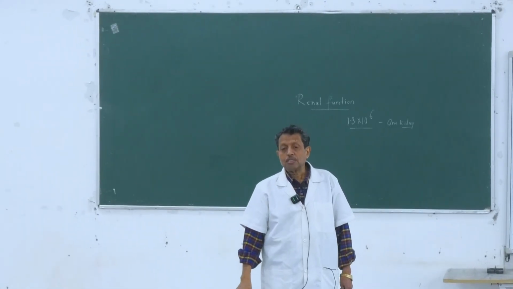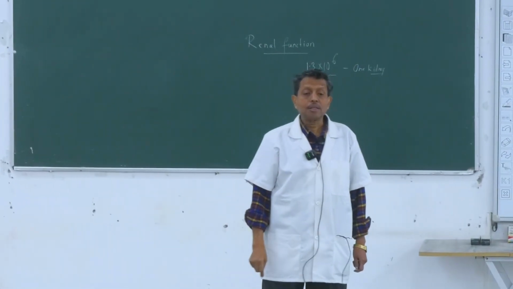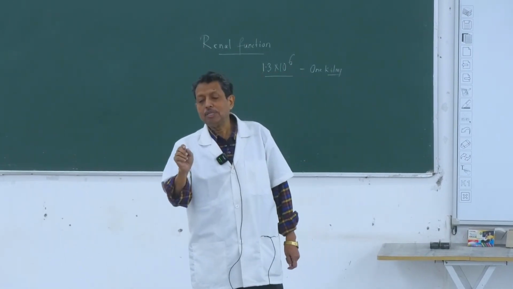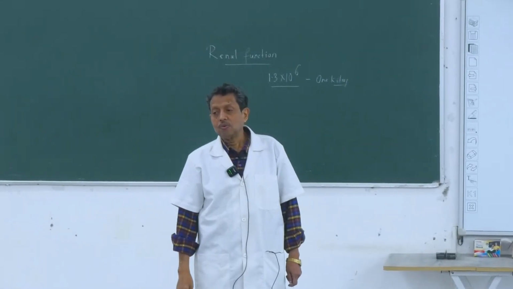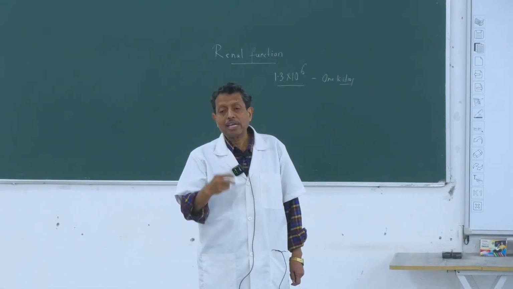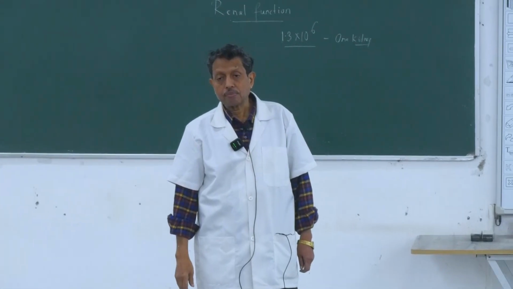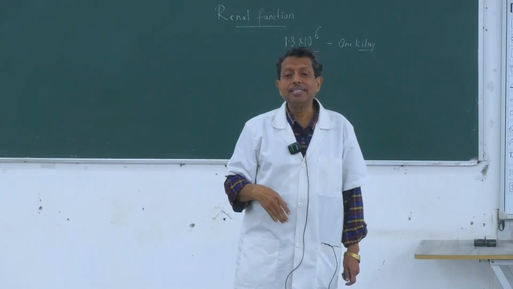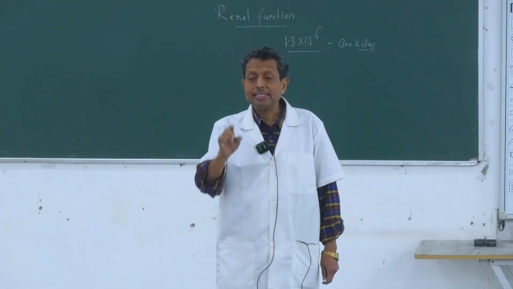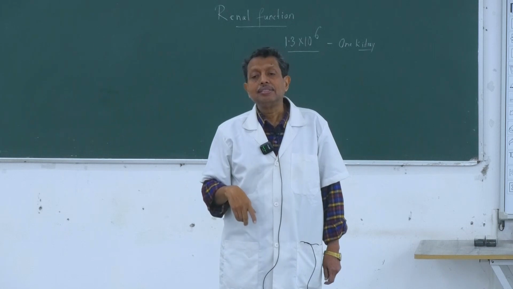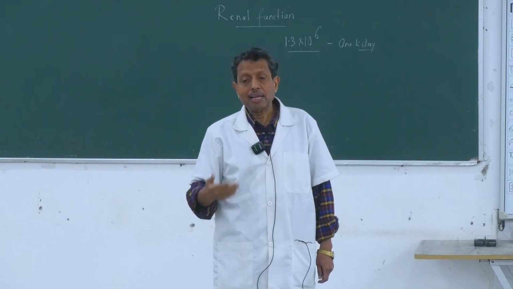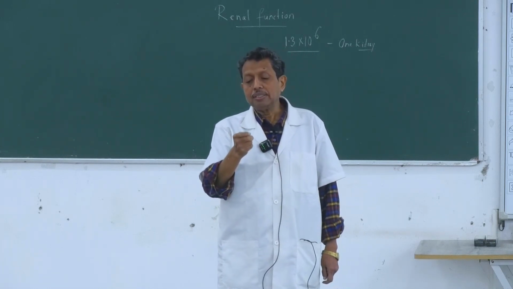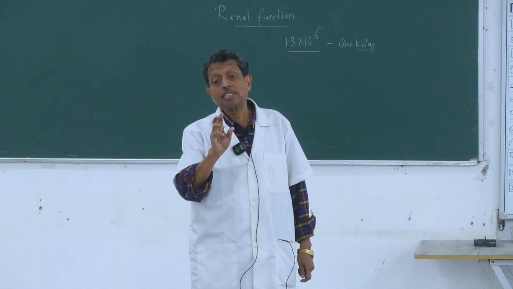From the cortex to the tip of the renal pyramid, where the urine collects within the minor calyxes and the pelvis of the kidney. In a section of the kidney, which you will observe in the anatomy department, there is a darker cortex and a lighter medulla. The cortex is glandular, and with the help of a hand lens in fresh preparations, you can see